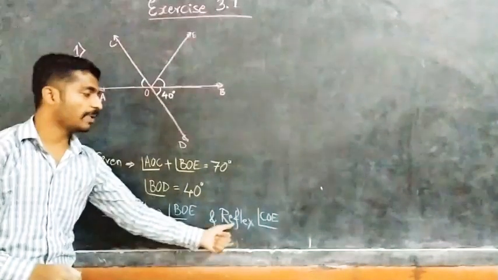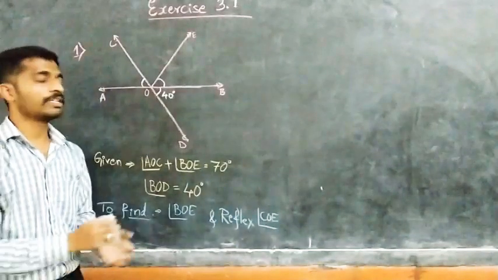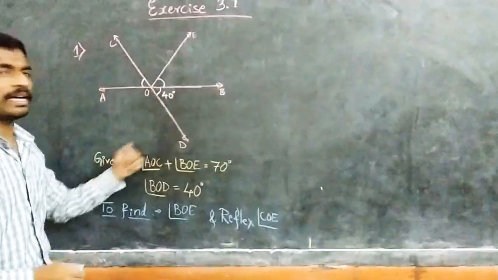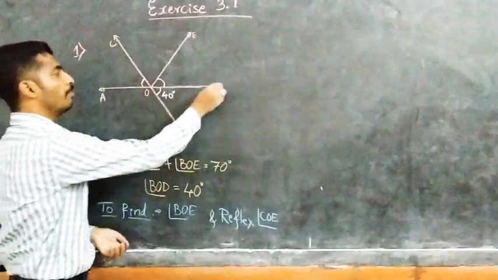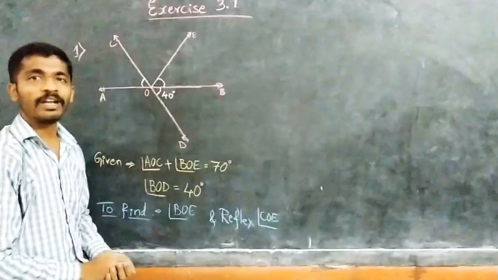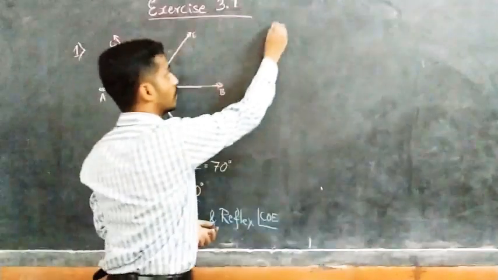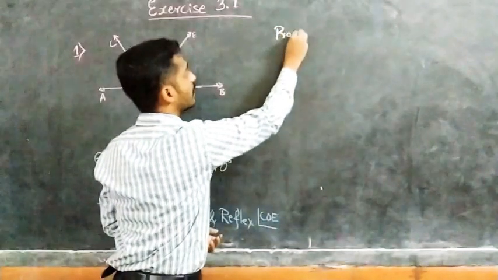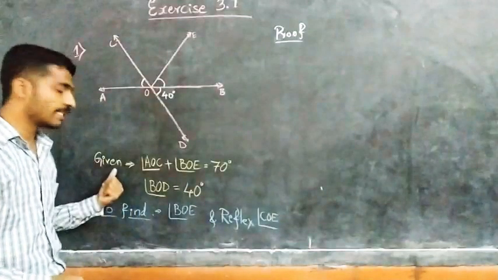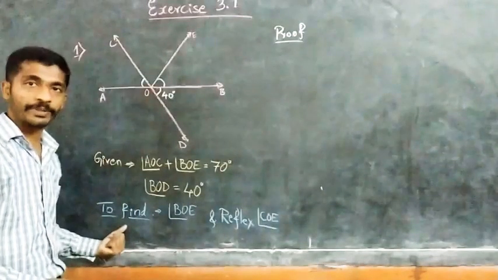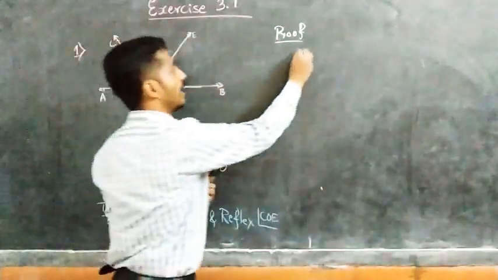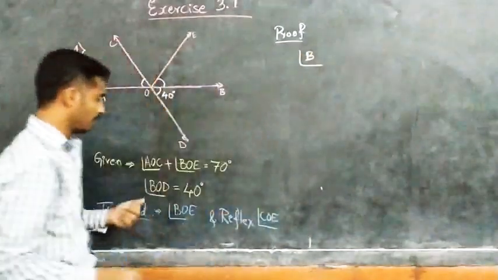BOE and reflex of COE. Step by step we can do. See, AB and CD are intersecting, then BOD and AOC are vertically opposite angles. So in the proof, what do you have to write? Step by step: first what is given, after that what is to be found, and after that the proof. So in the proof, angle BOD equals...